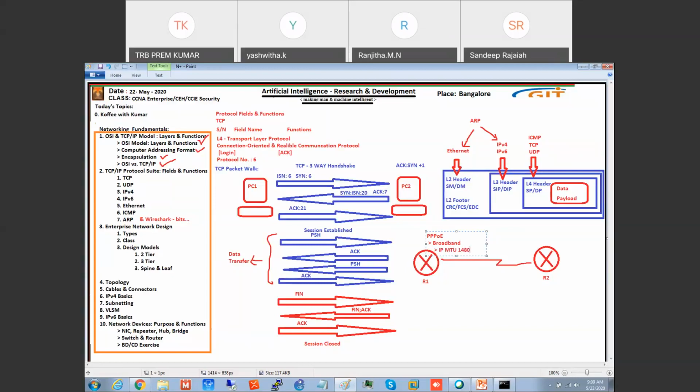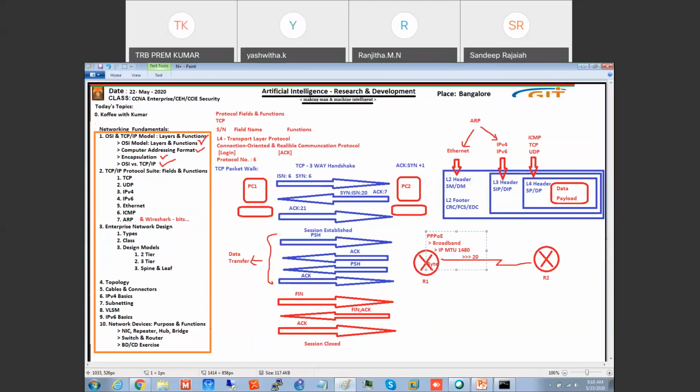Now, what is the meaning of this? The size is 1500, but I'm reducing my MTU to 1480 because I'm going to add 20 bytes of PPP header inside the Ethernet. Understand? So the purpose is I'm reducing the MTU size because I'm going to add a 20-byte PPP header. Understand?